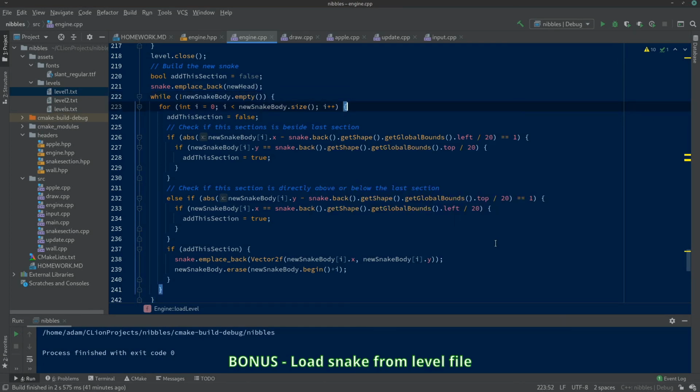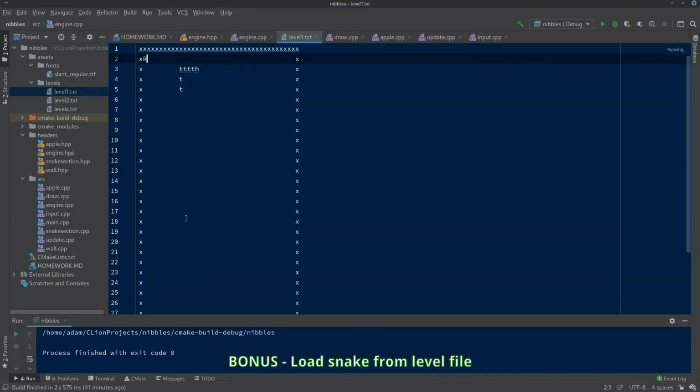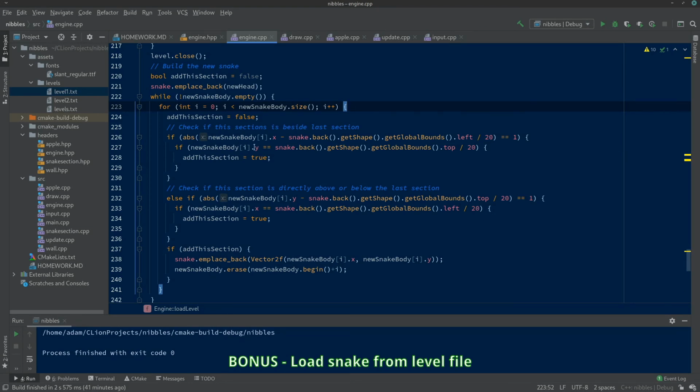I just thought of another avenue for a bug to arise. If you created a tail section that wasn't connected to anything else, then this loop would never end and the game would crash. So at some point, maybe future homework would be